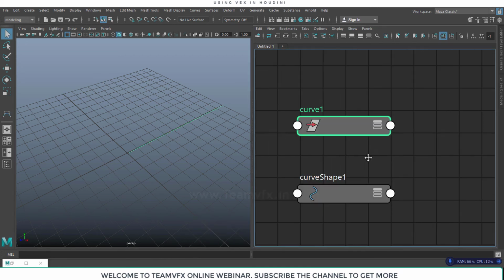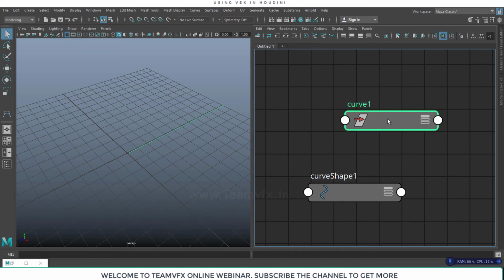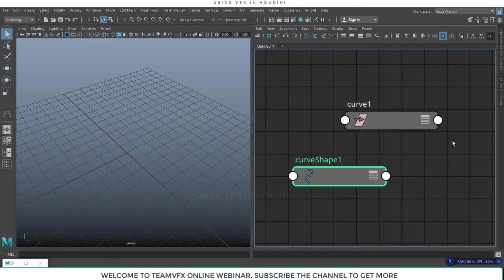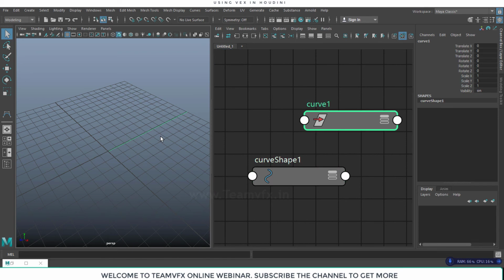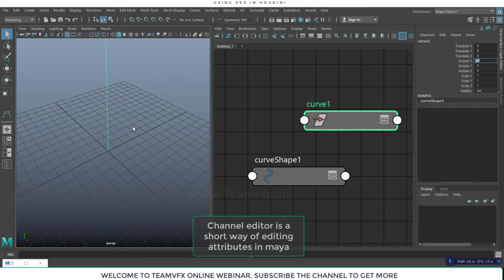As you can see, we have a curve in a transform node and we have a shape node. So now go to the channel editor. We have a channel editor and we will rotate this 90 degrees in X, just like what we did in Houdini.